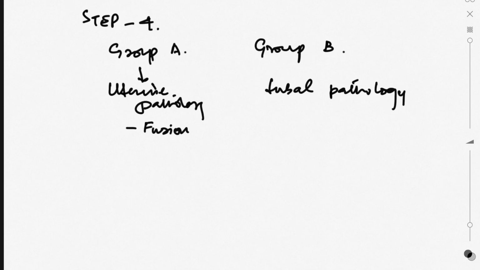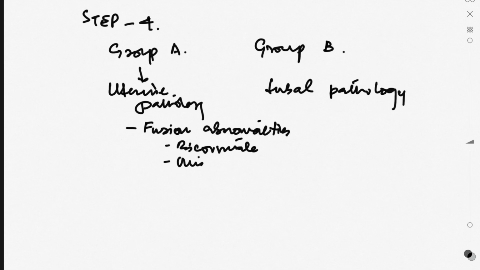These are usually congenital abnormalities when the two halves of the uterus don't unite in the embryonic period, and there are certain uterine abnormalities. So we can find the fusion abnormality. We call that fusion, like unicornuate uterus, bicornuate uterus, which is the most common abnormality. The unicornuate has a single horn,